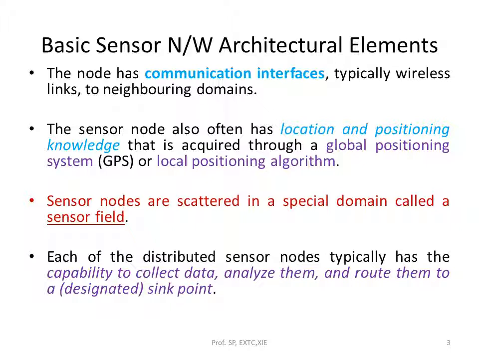If we want the GPS location to be available in our sensor nodes where they have been deployed, maybe through a helicopter those sensor nodes are deployed in some area, and then you do not know where exactly they are being placed.